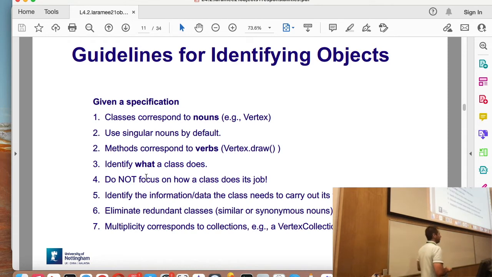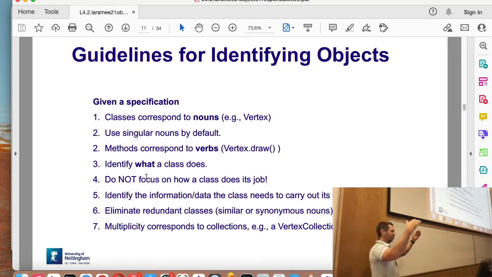So here's something that you might find interesting. How would you identify an object? You'll never get such an advanced question in a job interview. That would be a good question for the person giving the interview to ask: given a specification, how do you define objects? But you'd probably make him angry.